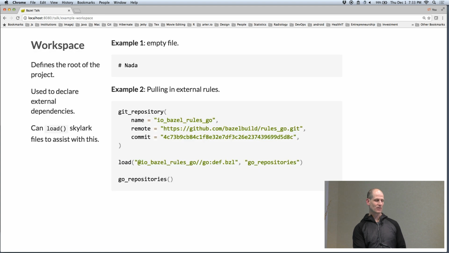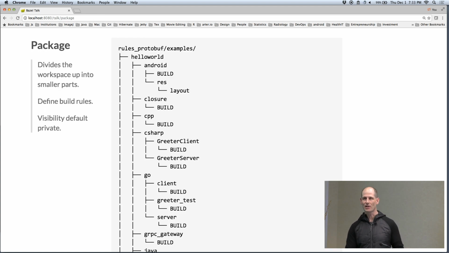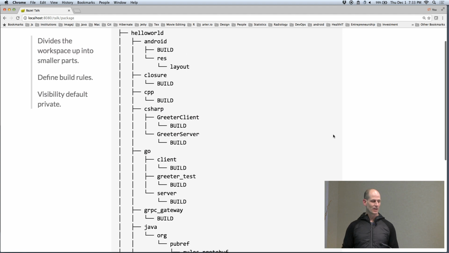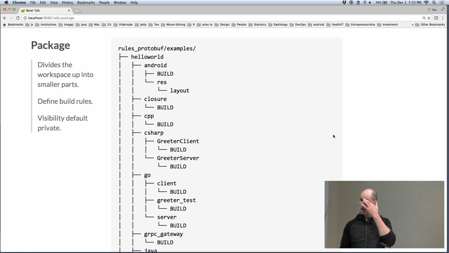So there are these fundamental concepts. There's the workspace concept. There's the package concept. A package is defined by the presence of a build file within a directory. So if I tree out just showing the build files in this rules protobuf, you can see there's a number of different build files. And that's one of the advantages of working with